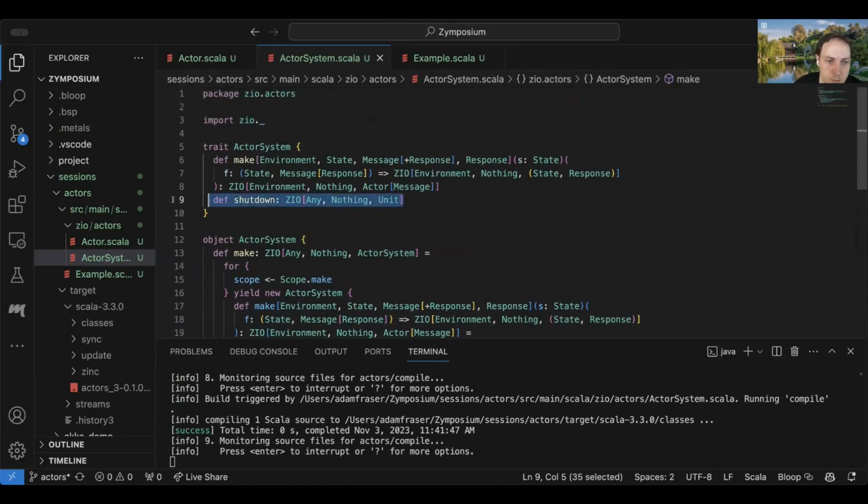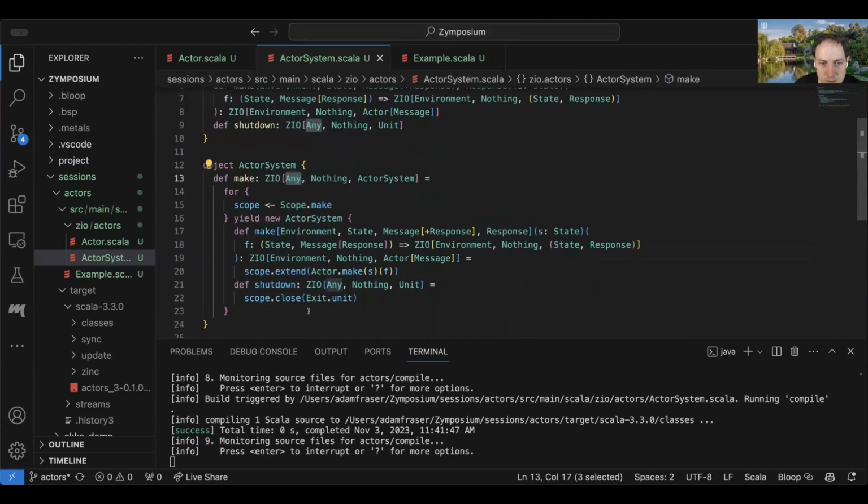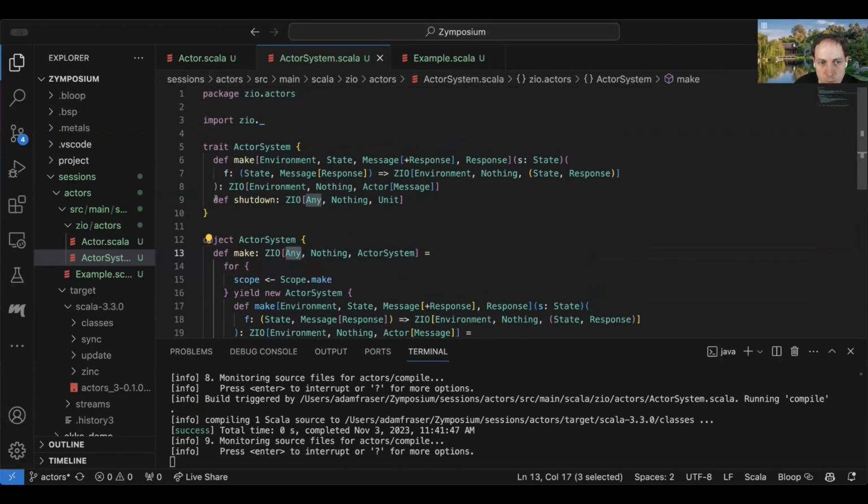You could argue maybe we shouldn't actually even expose this shutdown thing. Maybe we should just have this actor system have a scope. And that might be a little bit nicer, because one of the things you gotta watch out for whenever you provide these kinds of interfaces that have this manual shutdown is that you're kind of putting the responsibility on the user to shut it down. So let's see what that looks like.